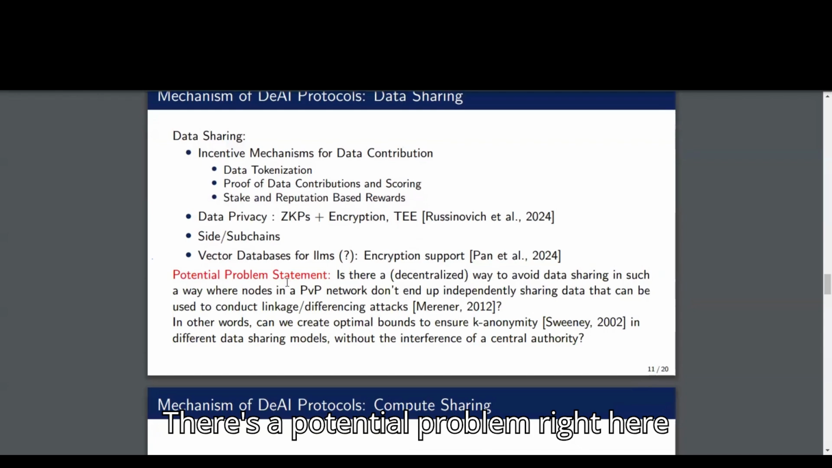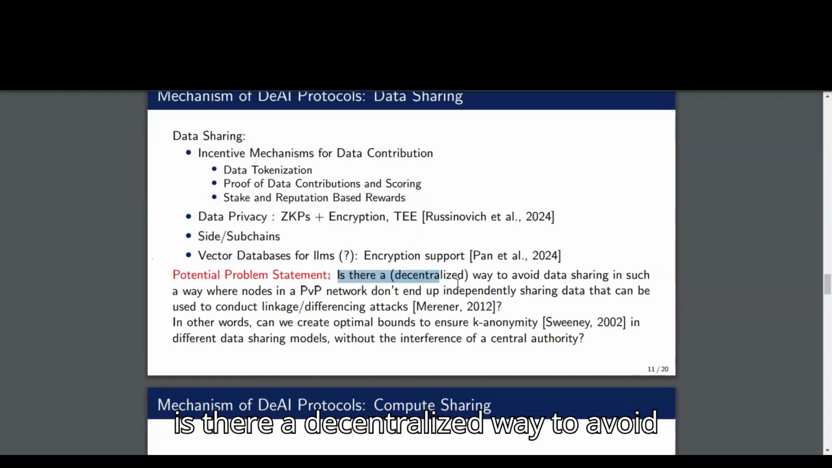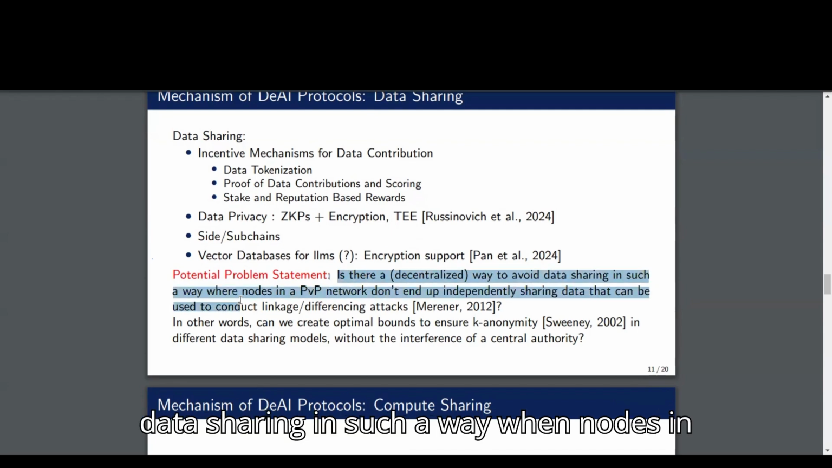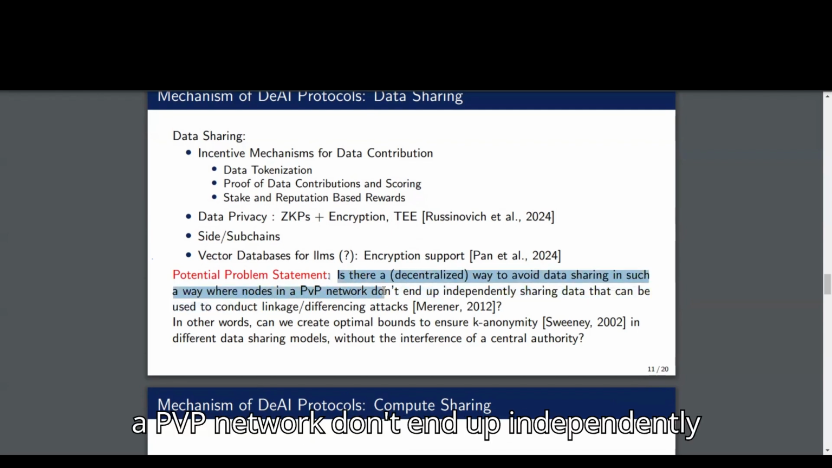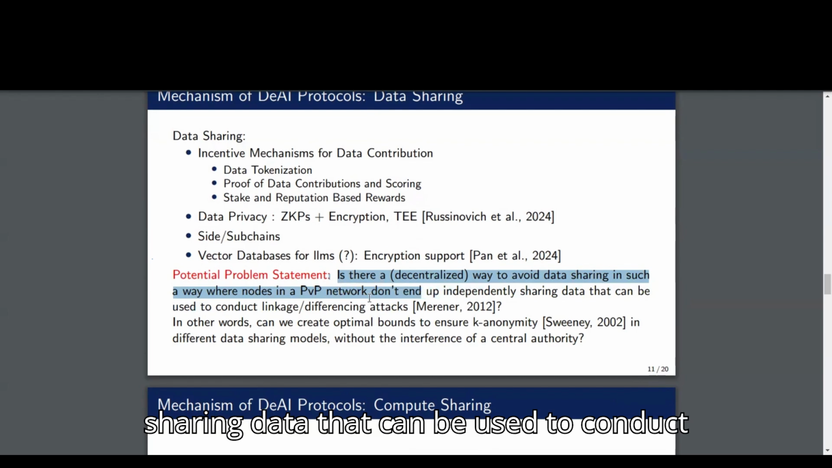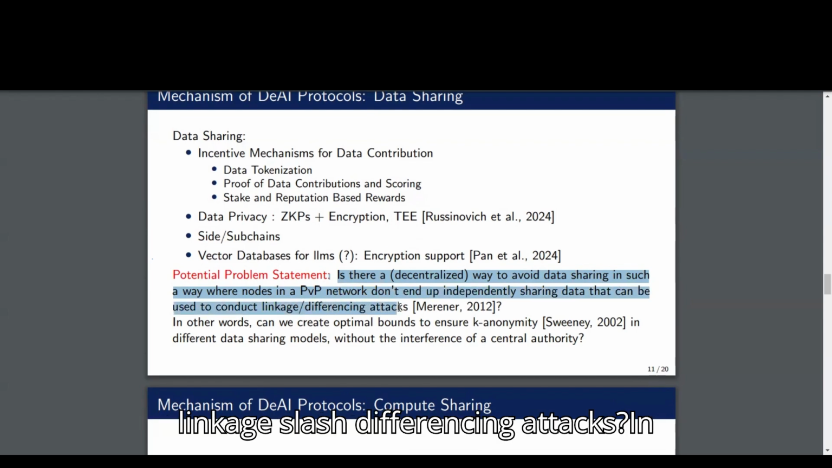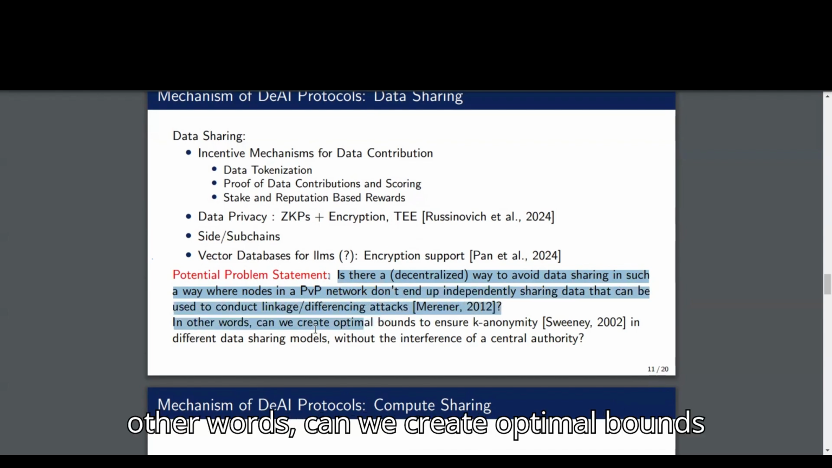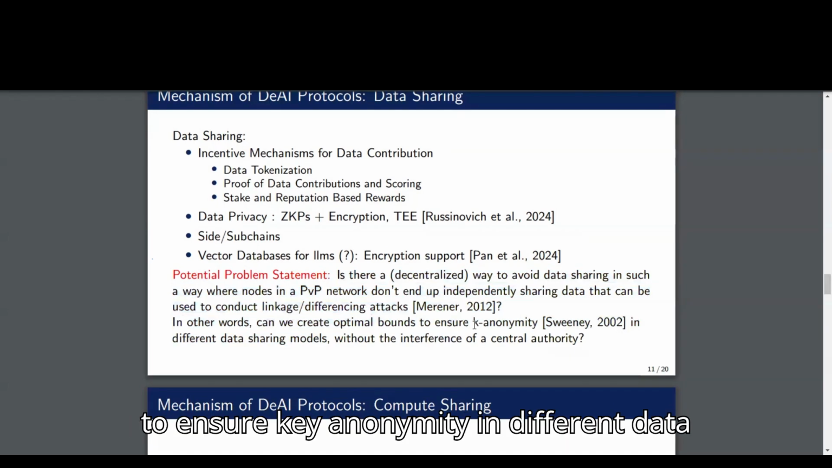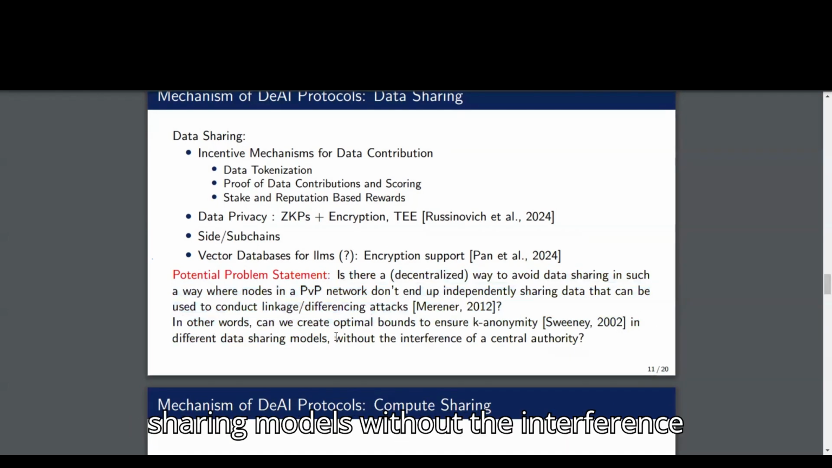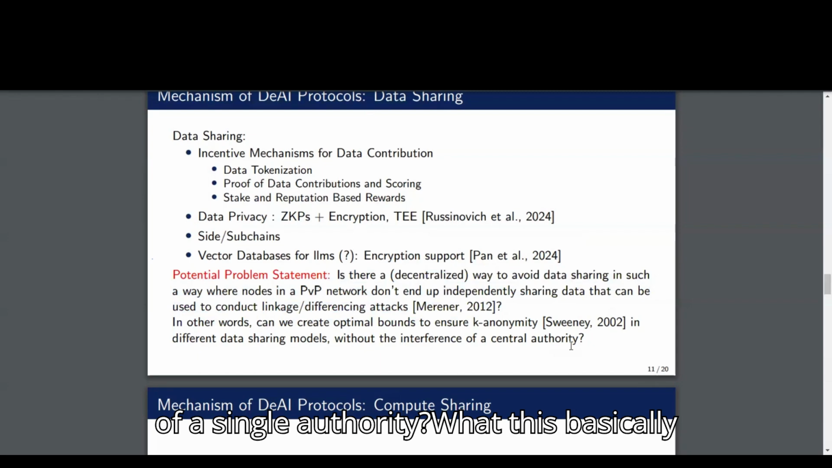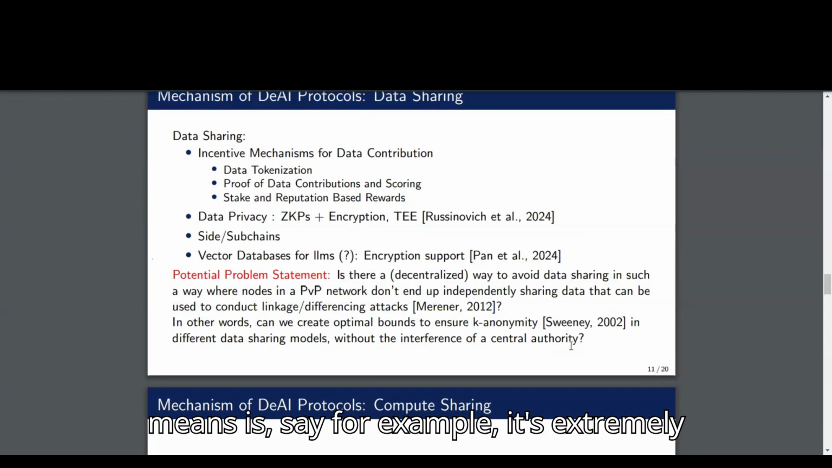There's a potential problem right here which I have mentioned: is there a decentralized way to avoid data sharing in such a way where nodes in a P2P network don't end up independently sharing data that can be used to conduct linkage/differencing attacks? In other words, can we create optimal bounds to ensure k-anonymity in different data sharing models without the interference of a single authority? What this basically means is, say, for example,